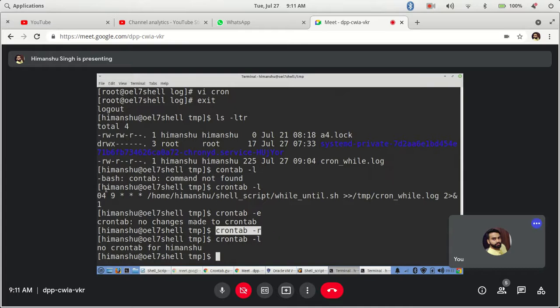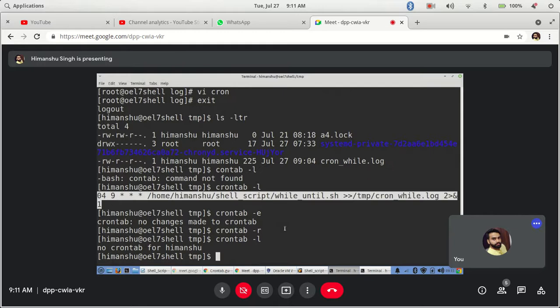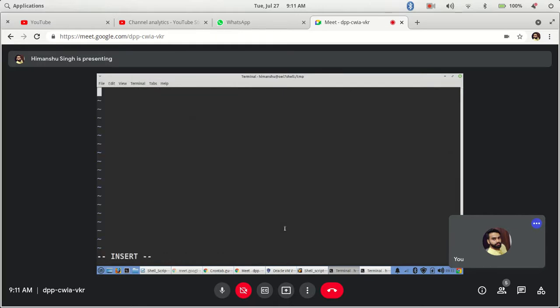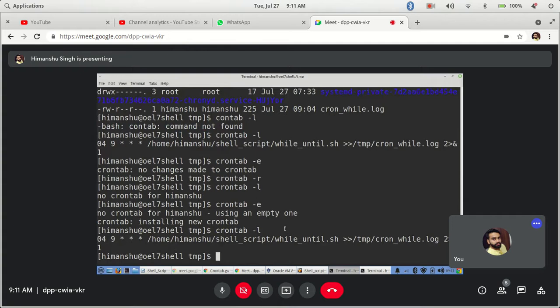If I have this backup from crontab -l on my screen, I can simply copy and paste it into my cron entry again, and it's back. So you should write a cron job. When I say cron job, it means a job scheduled in cron that will take the backup of your cron entries only. Understood? Any questions? So this way you can use cron for scheduling your jobs.